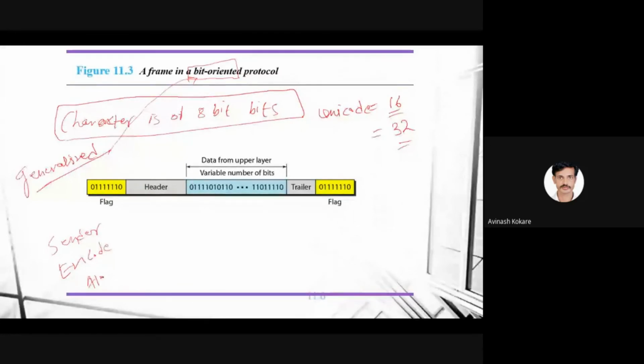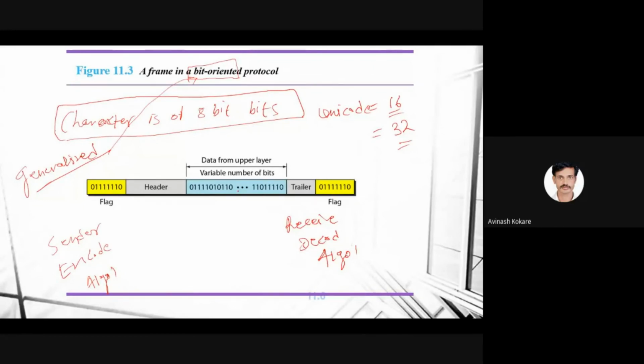Then at the receiver side, the receiver will decode this data using the same algorithm, algorithm 1. Which algorithm is used is written in the application layer, so that the sender and receiver use the same encoding and decoding technique, so that the data will be understood.